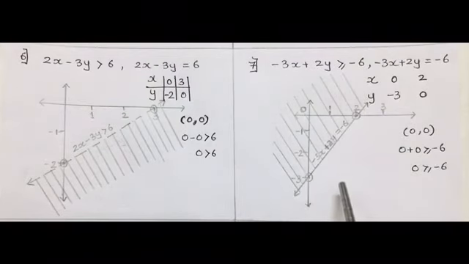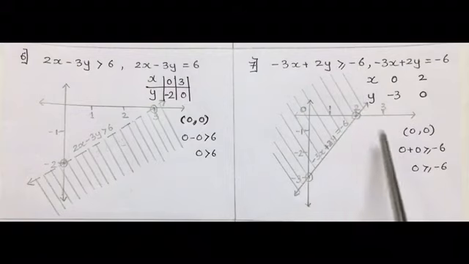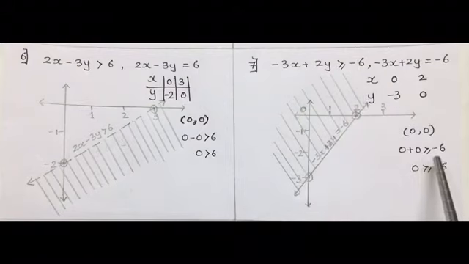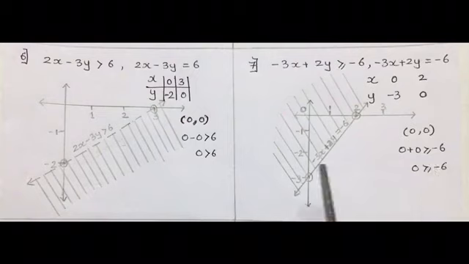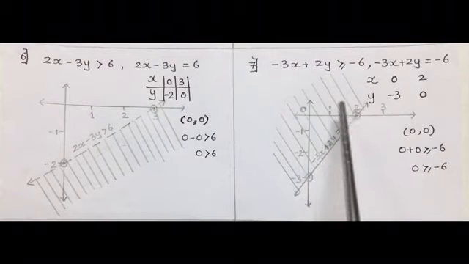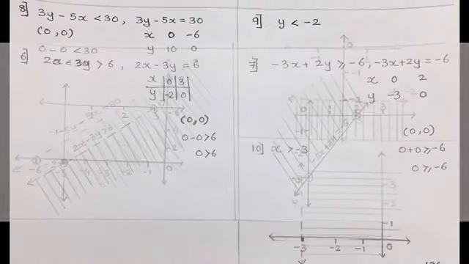Now which side is to be shaded? So take 0, 0 and keep it in this inequality. So 0 plus 0 greater than or equal to minus 6. So 0 is greater than or equal to minus 6 is a true statement. Therefore, the side towards 0, 0 is to be shaded. Eighth one is